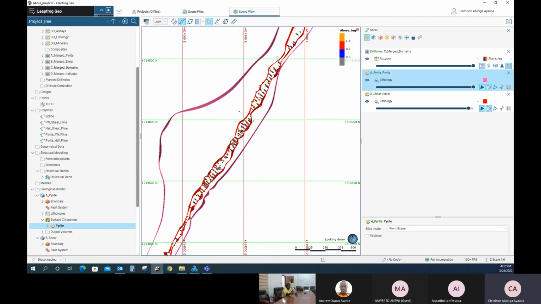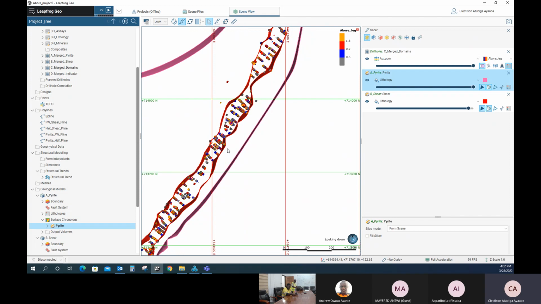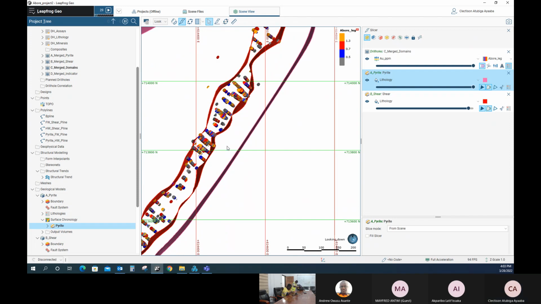As you can see, the hanging wall and the foot wall shear, which... okay, sorry, we had a visitor, so